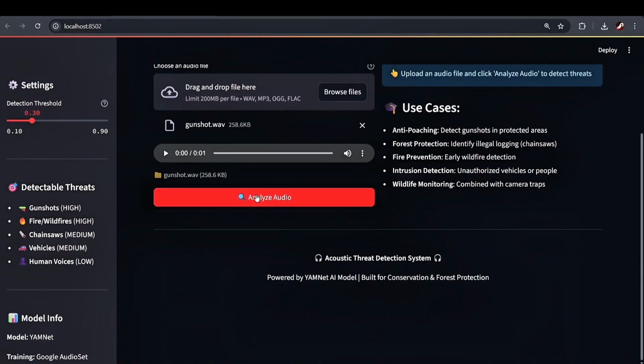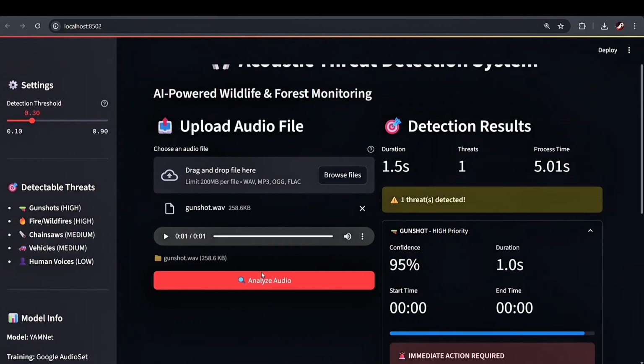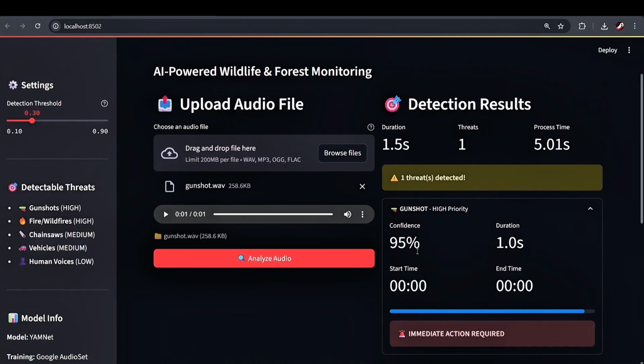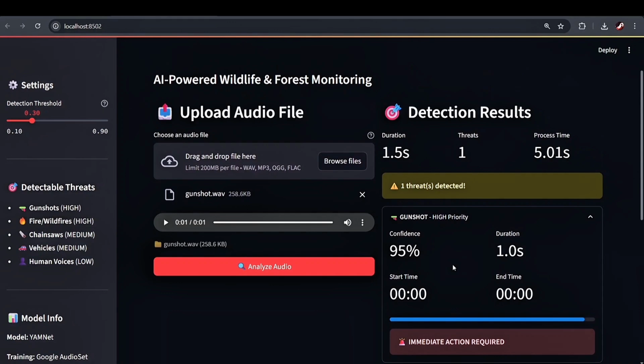As you can see, I have uploaded a gunshot. Now it is analyzing the audio, and it has perfectly understood that it was a gunshot, gives it the highest priority, and says immediate action is required. An alert will be sent to the forest rangers when this system is applied in the real world.